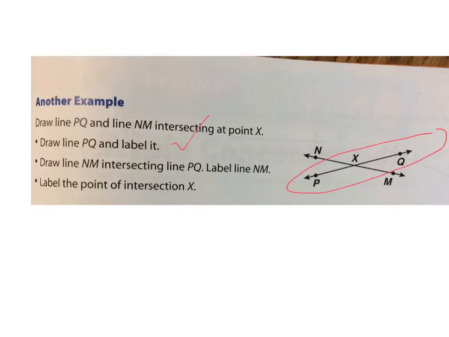Then it says, draw line NM intersecting line PQ. Did they draw a line NM? Yeah. Is it a line? Does it have arrows on both sides? Yeah. Is it intersecting the first line? Yeah. Remember, intersecting means it meets at one point. Does it meet at one point? Yep. Then it says, label the point of intersection X. Did they label the intersection X? Yeah. Good. Okay. So let's see if we can do